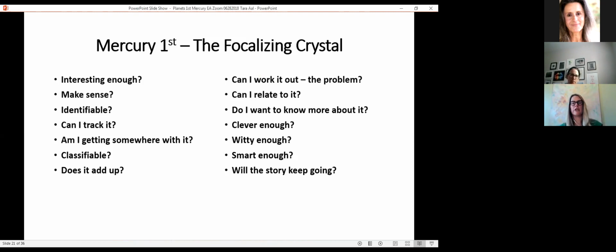Okay, so Mercury first, the focalizing crystal. Here would be, and again, I love the idea of choosing it and having a spontaneous process with this, but we usually need something to get us going. So what I do when I start out a new year with a new planet first, or a new time with a planet first, is I do use these little lists that I've made.